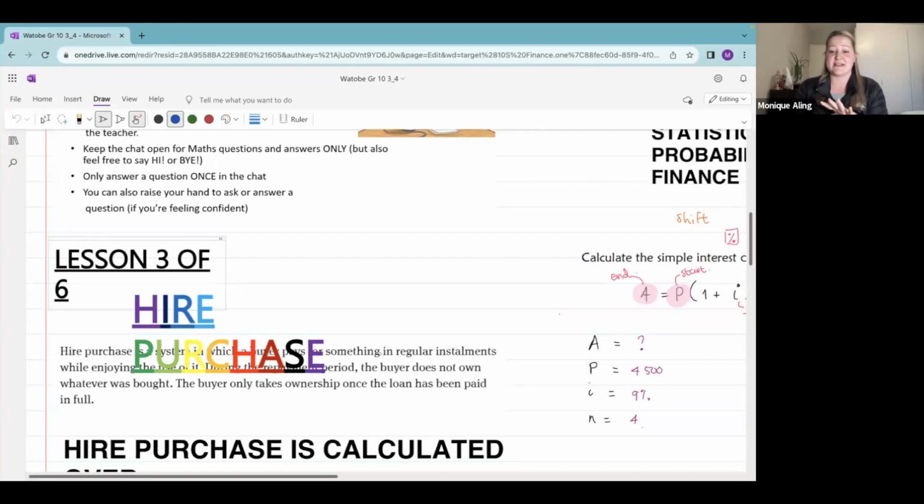Okay, so we'll get that definition to you in the chat. Nelly, if you could maybe help with that, because I'm unable to move this hire purchase heading. Okay, guys, so